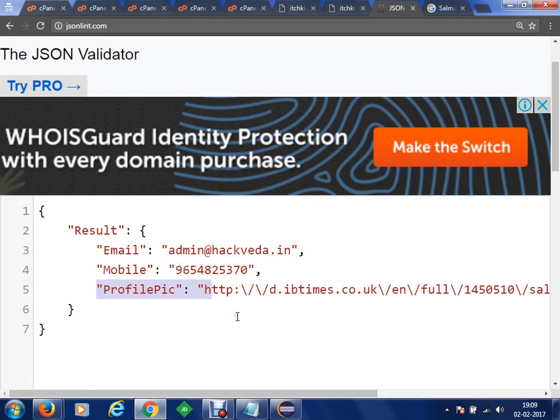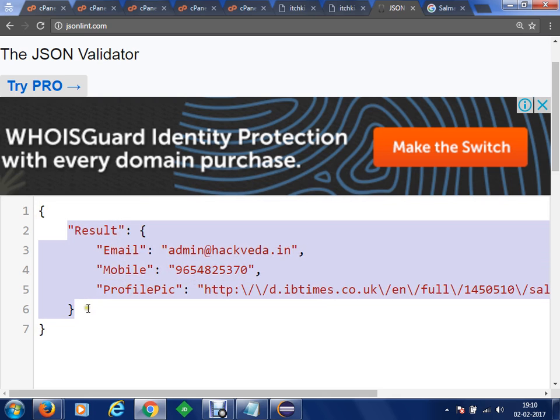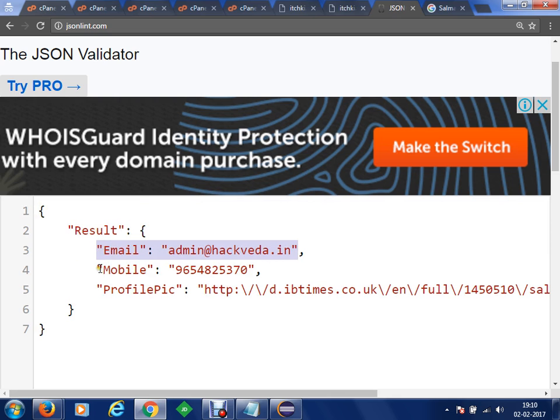Okay, so can you understand this? This is known as JavaScript Object Notation. Object notation means the complete response is returned as an object. Within this object we have one object known as result. Within this result object we have three strings: email, mobile number, and profile picture. So we can send data of as many users as we want. We can uniquely identify their names and their IDs, and we can grab their information and display that on our application. Now there is one issue.